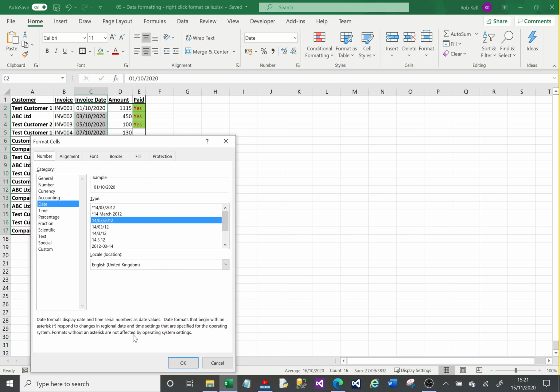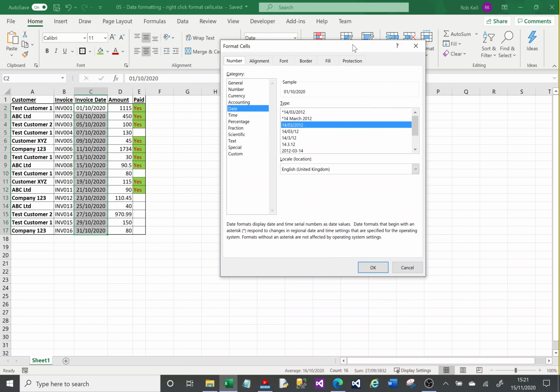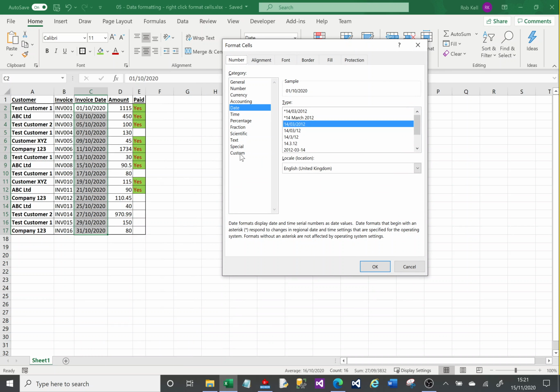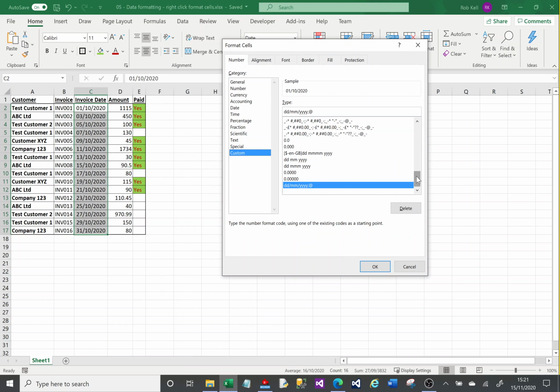So if I go back to Format Cells, I want something quite specific. So what I can do is I can go to this custom area here, and there's lots of date options in here. You can see this date. In fact, that's the style we've already applied. I don't want dashes or slashes, I want a space. So in here I can actually type the format I want,